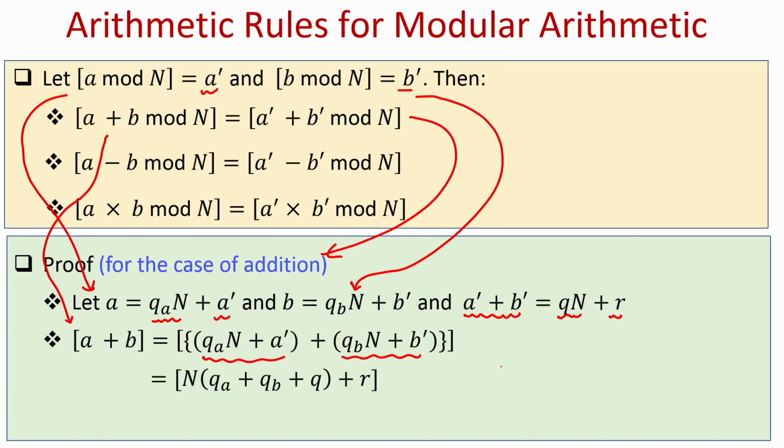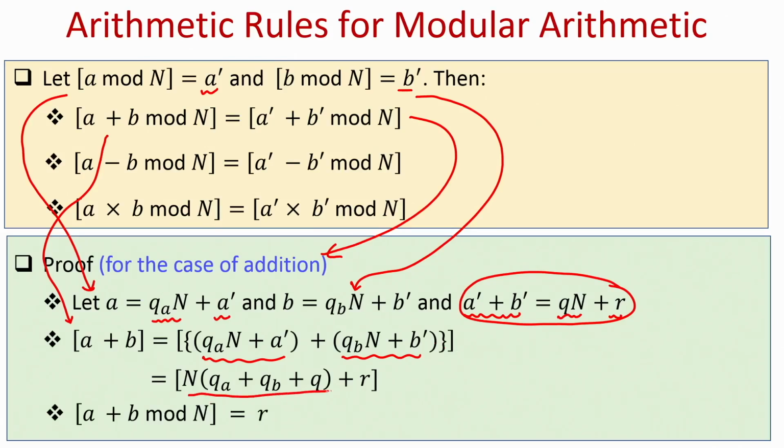and I can take n common and then I can substitute that a prime plus b prime is some q times n plus r. So, this will be the overall value of a plus b. Then what will be the remainder if I divide this value by n? So, this term will vanish because on dividing it will give the remainder 0 and you will get r. So, a plus b modulo n will be r, and